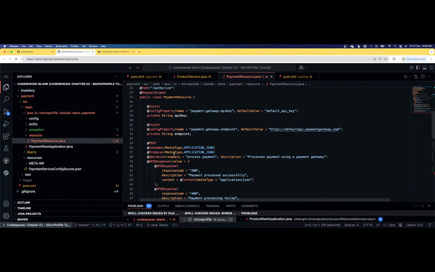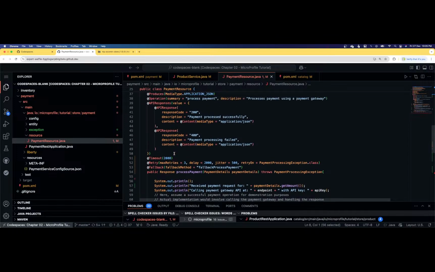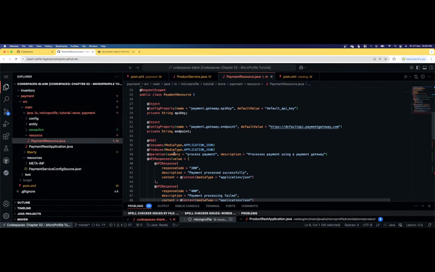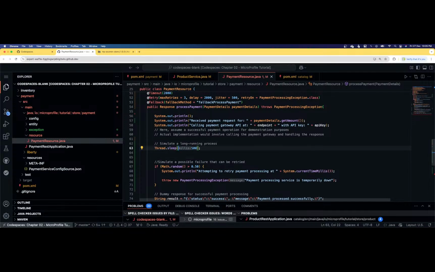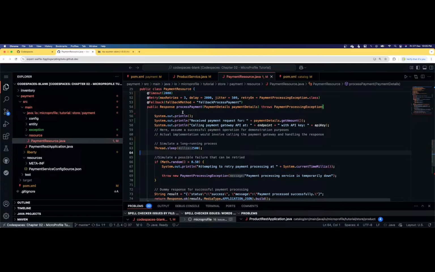So you can check whether the fallback is happening or not by introducing a delay. So for example, if you want to test this, you can add a delay in your service. So here I'm putting some exceptions, but there could be some delay also which we can introduce to test whether timeout is happening or not. So this way we can introduce delay. So say for example 2500 millisecond. This will ensure the timeout will happen, and then fallback is also there in case there is some error. Then there could be a fallback or